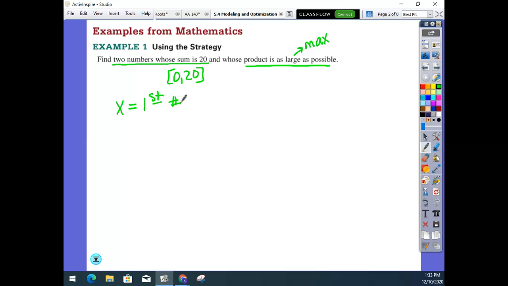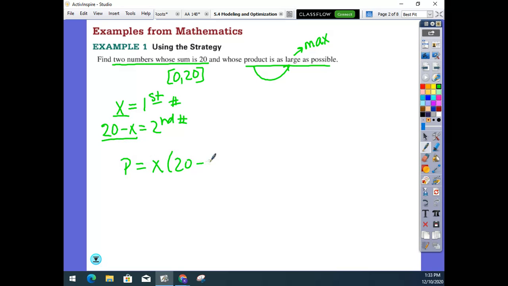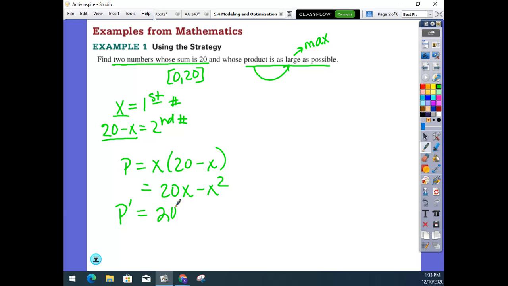So then no matter what our first number is, 20 minus that number would be our second number. And whatever we're trying to maximize or minimize is the equation we need to use to take the derivative of. Since we're maximizing our product, we need to find the product of these two numbers. Then we need to take the derivative, and we're just looking for our max and min. And we set our derivative equal to 0, solve for x,